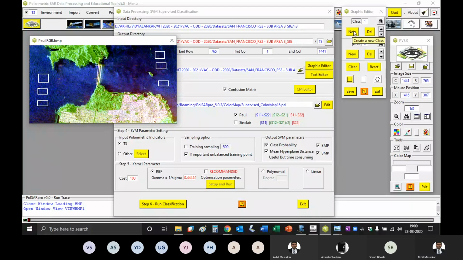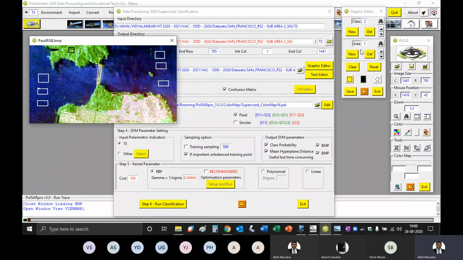Now you can go to new class and you can just change the color if you like. I'm just taking it as black, and again I am selecting area 1. So this time you can see that the squares that I have put before are on water bodies. Now this time I'll put some squares on this forest area which is there at the top.